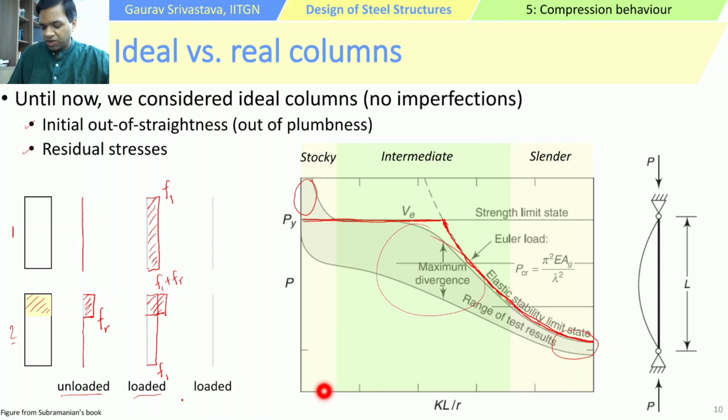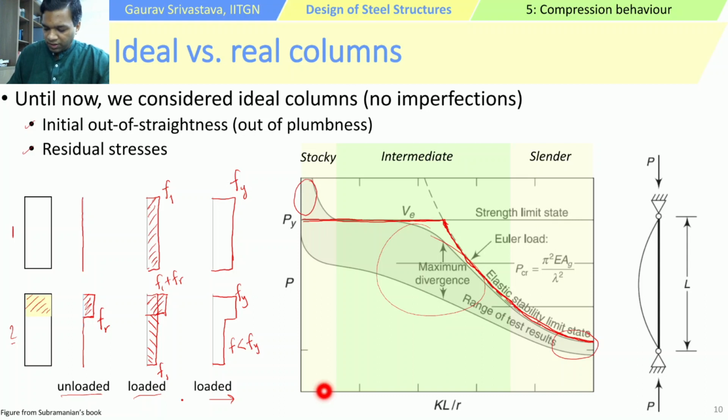Right? So because of the residual stress, a part of this member, the cross section, is going to experience a larger amount of stress. And if we take the loading further to yielding, in the first case, in section 1, there will be uniform yielding of the entire cross section, where the stress reaches uniformly to Fy throughout. Whereas in the other section, actually, the portion under residual stress will reach Fy first. Okay, and the rest of the portion will be actually at a stress which is lower than Fy.